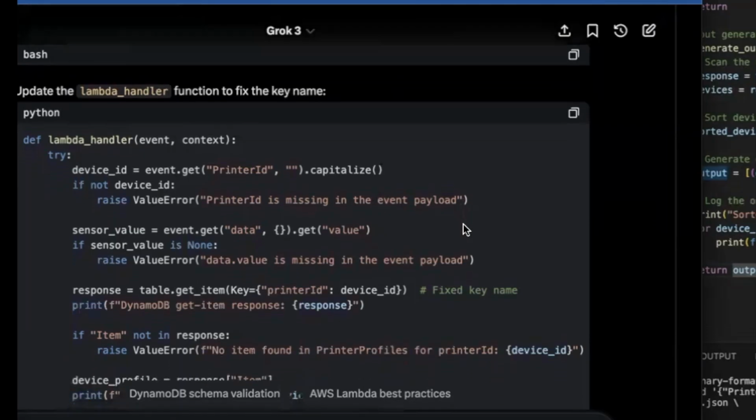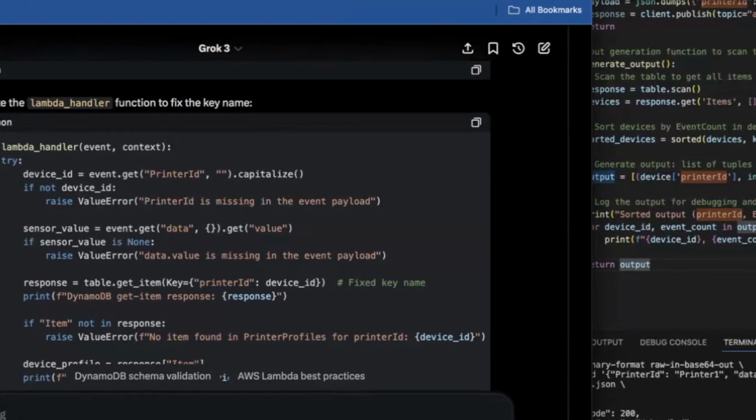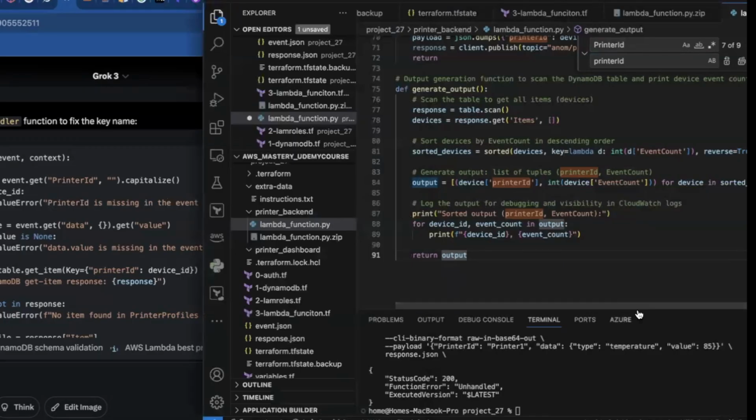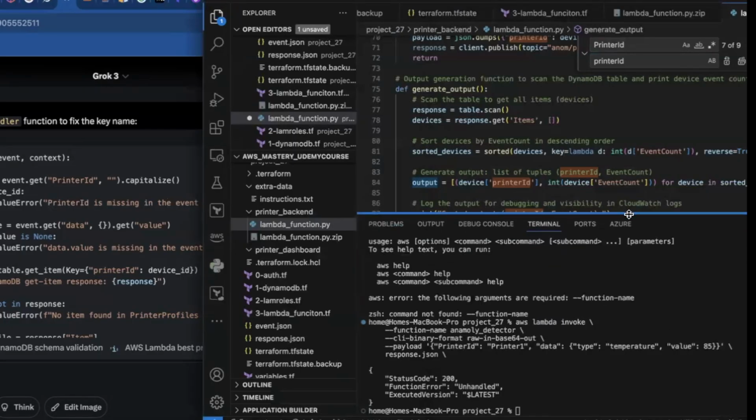Oh, this is Grok. I got you. Now, I don't really know Python like that. So when they're saying these parts right here: if not device ID, raised by your error, printer ID is missing in the event payload. Okay, so let me show you the